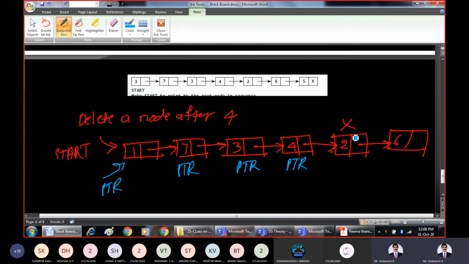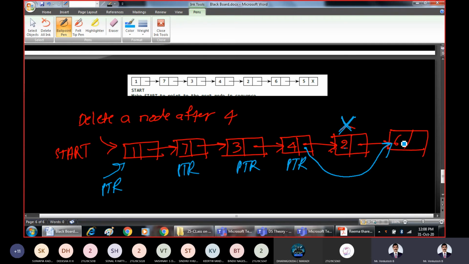Now what do you want to do? You want to delete this node. So what logic can we make? The logic here is that PTR pointer next should be made to point to 6. How can I refer to this? PTR is 4. PTR pointer next is 2. What is PTR pointer next pointer next?